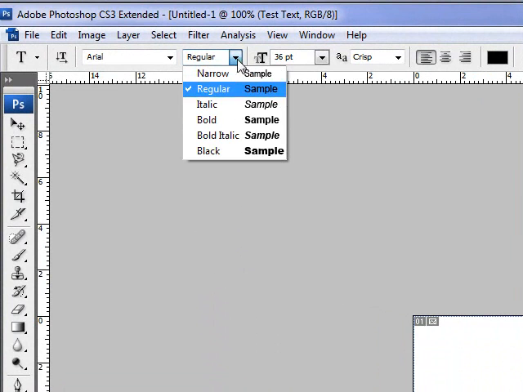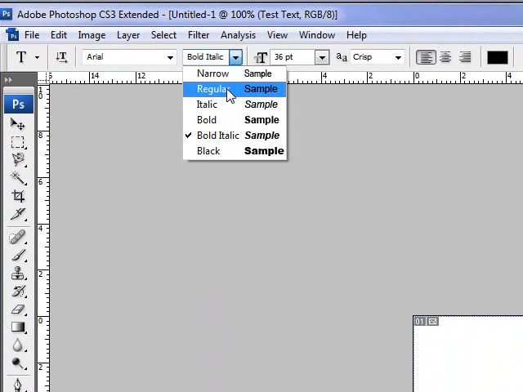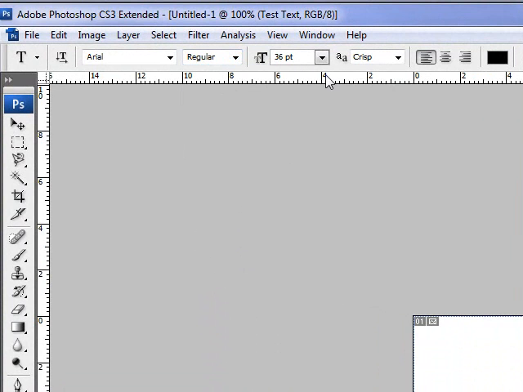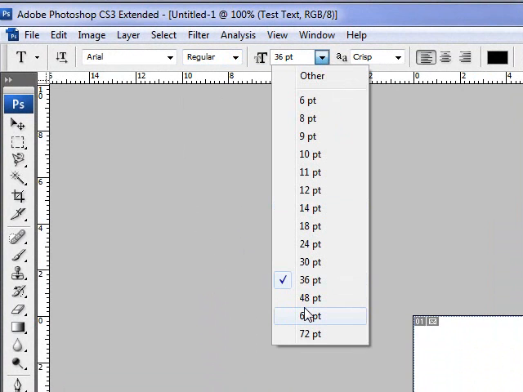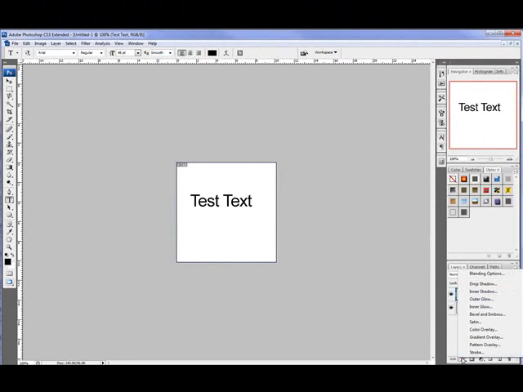And we can see that we can change some of the parameters, including bold, italic, regular, and so forth. So what we're doing is we're editing the style, and we can also make this bigger or smaller, depending on what we're needing for our presentation. I'm going to add a drop shadow,